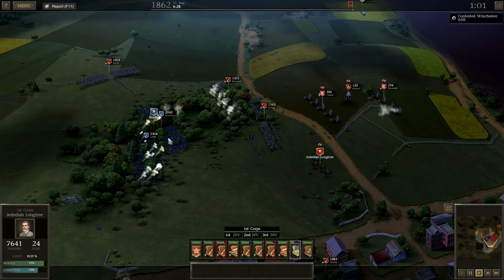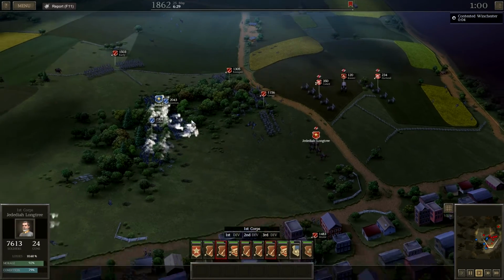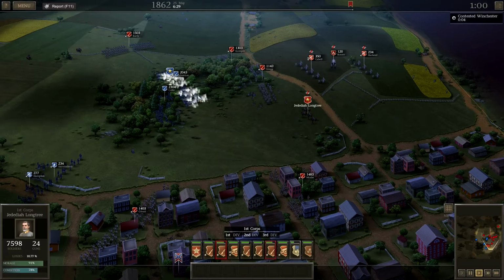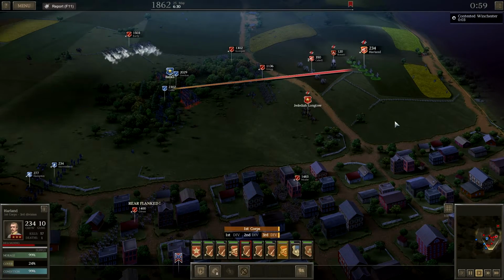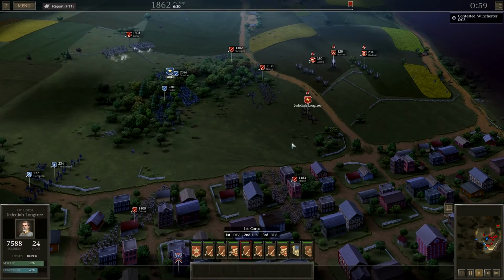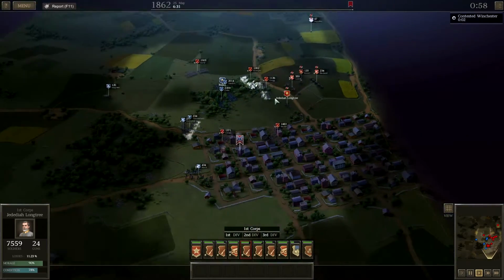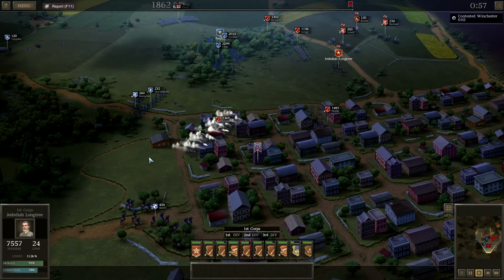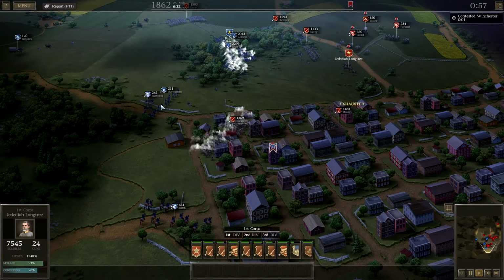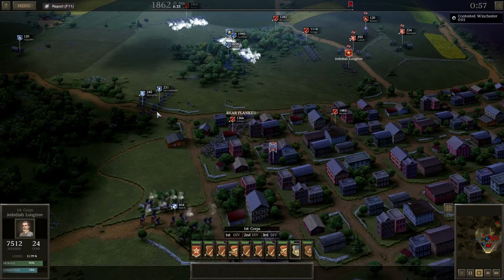Right now we're losing a lot of Confederates without really being able to give significant fire to the enemy. We need to move the artillery. And I sort of feel that this might, yeah, we'll have to do that. The thing is, I don't dare move out here to charge these. I could possibly do that